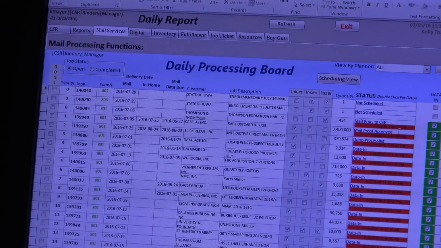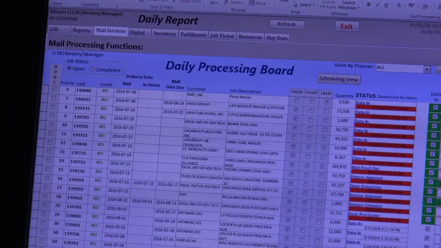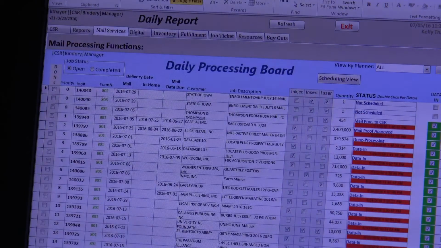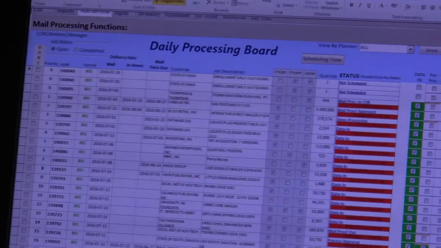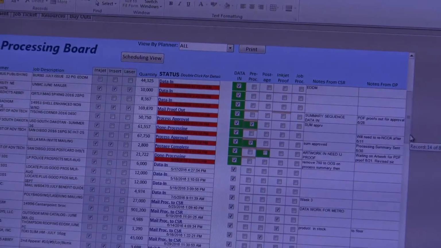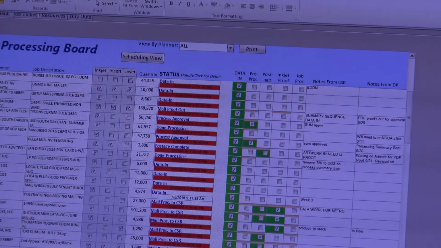Going back to the top of the screen, as I mentioned earlier, once data's in, so you can see here, it goes green, and it's going to come across as a 50. So specifically this Cabela's job that is supposed to mail on 7/8, the data came